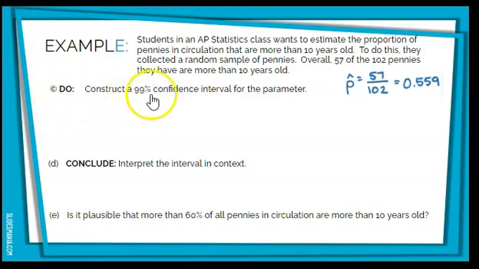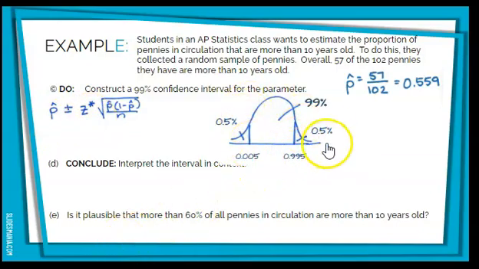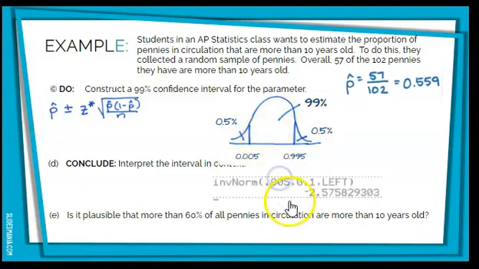All right, the third step is the do step, to construct a 99% confidence interval for the parameter. So remember our formula right here. P hat plus or minus z star times the standard error of p hat. I found p hat already. Z star is my next thing I need to find. So to find z star, I need to sketch my graph out and think about this. If 99% confidence is in the center, that means I have 1% left in the tails. So if I split that 1%, it's 0.5%. I convert that percent to a decimal, 0.005,